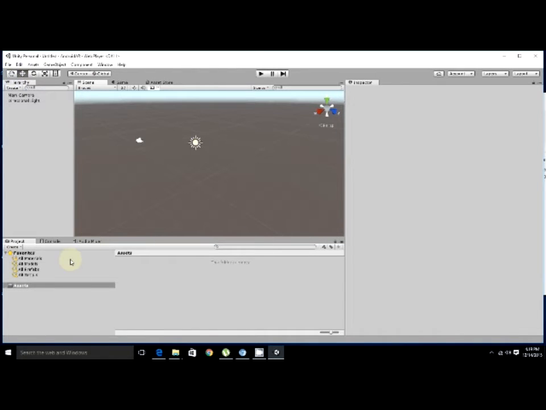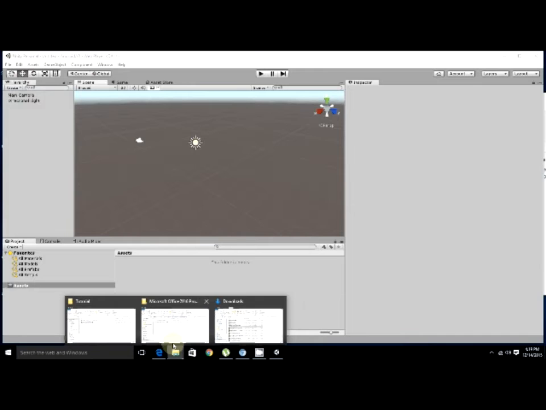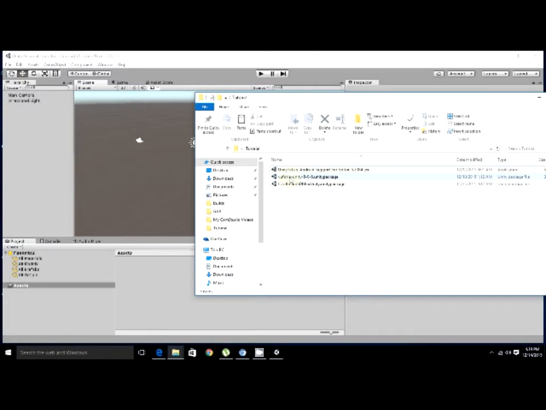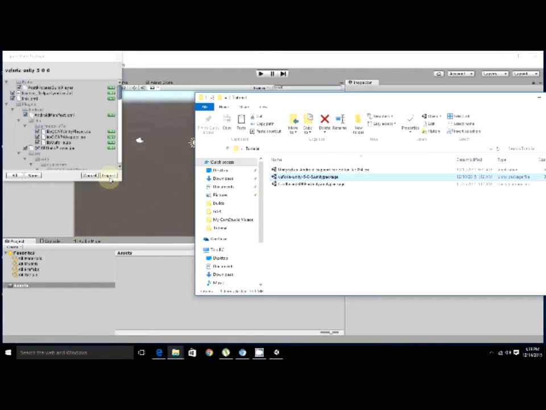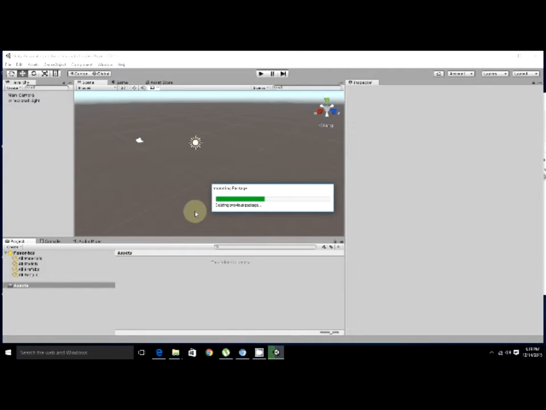So first step, we're going to import the Vuforia package. For that, just drag and drop it from here into the assets folder. Now it's going to import all the files in the Vuforia package.